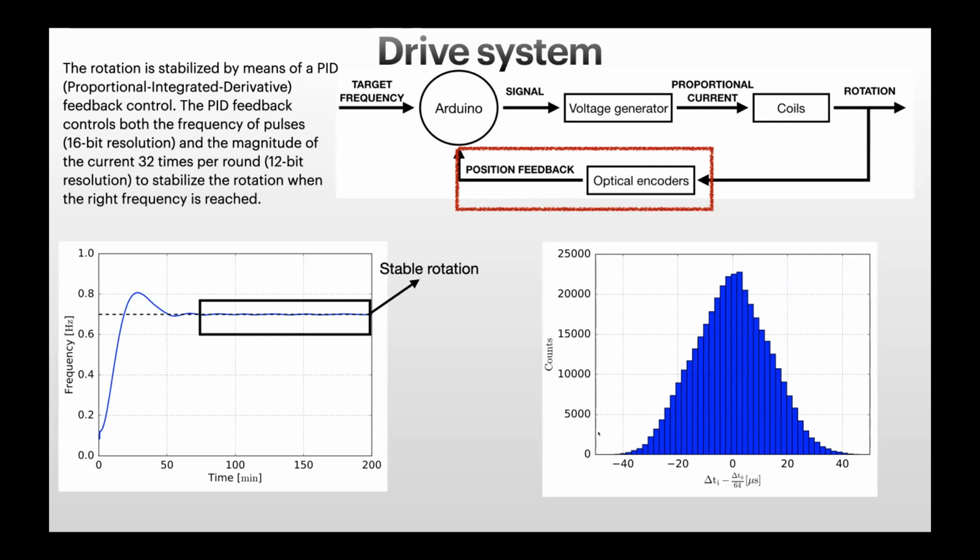As I said, we have two encoders. The first one is an absolute encoder. We have a single slot on the edge of the rotor, and we read the time at the beginning of the slot. And so the delta T